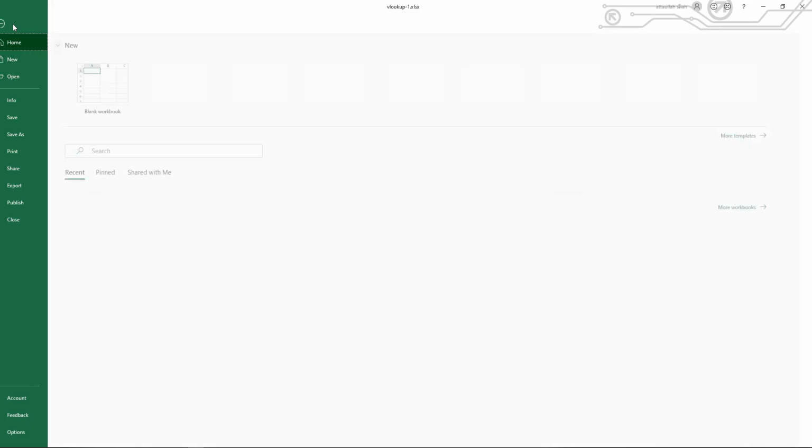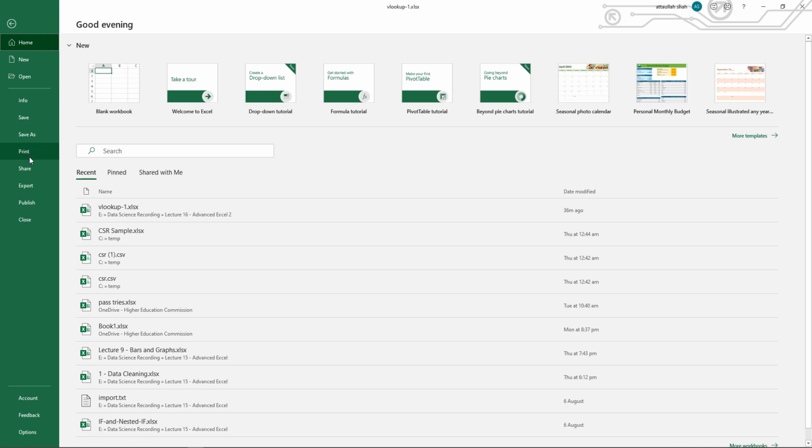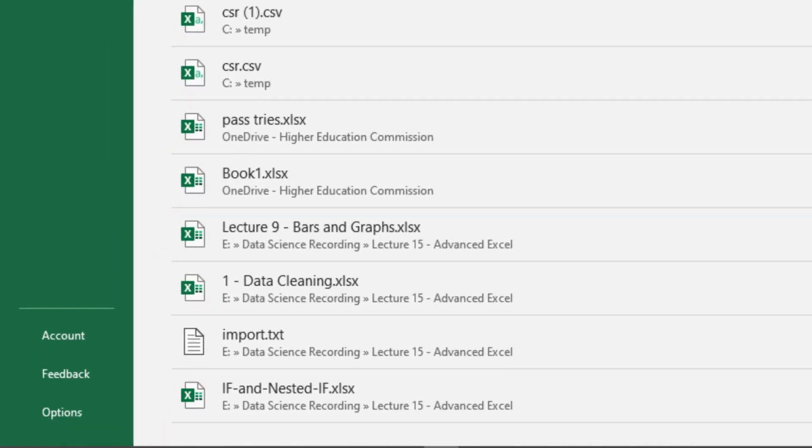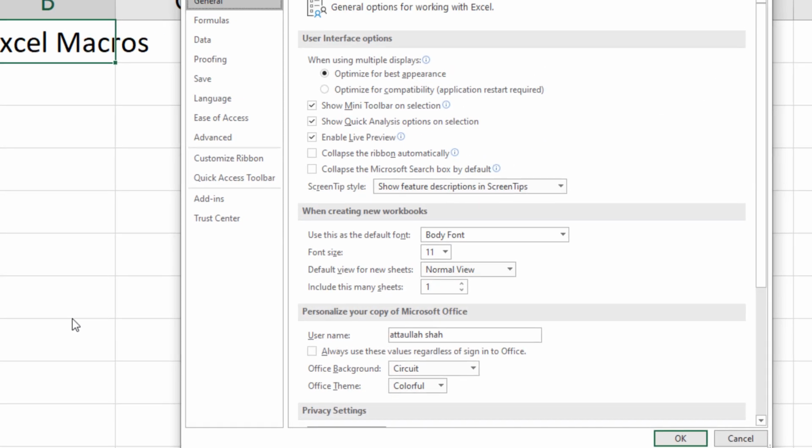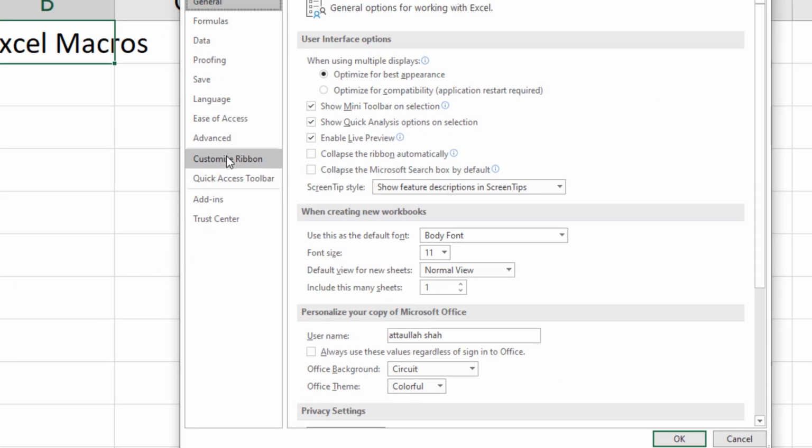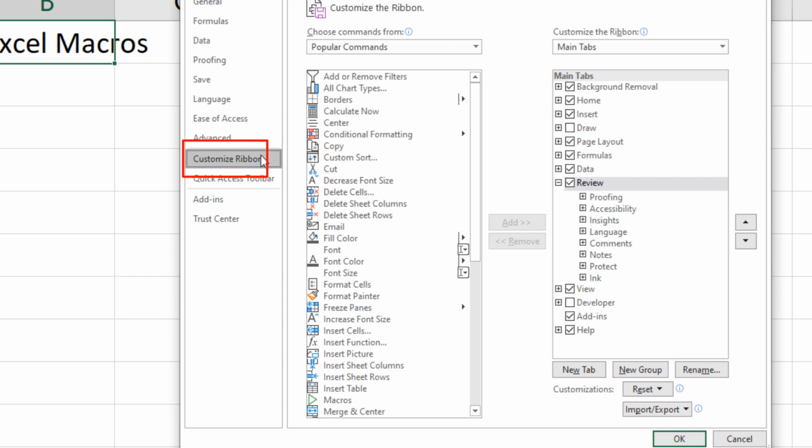So go to file and go to options, then customize ribbon, and on the customize ribbon you will see that the developer tab is unchecked.